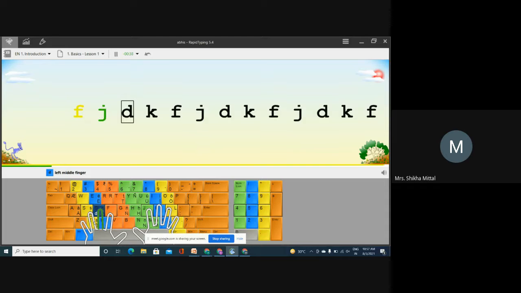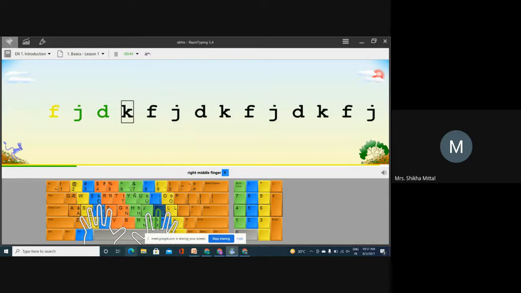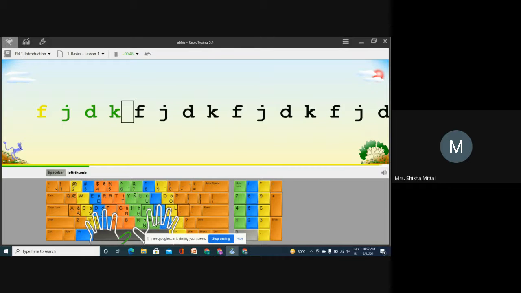Now D you have to press by this finger. Now again space. Now again K you have to press by this finger. You can see here. So when you are seeing and doing practice 1, 2, 3, 4, there are many lessons. And after that, you will learn about the keys, which key and which finger you have to press for which key. So this way you can learn rapid typing.